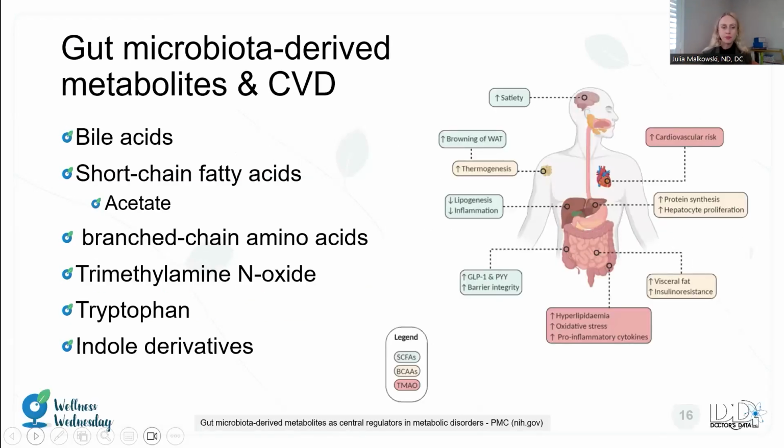Here we have a diagram that sort of summarizes what we have been discussing. In the gut microbiome, if you have microbiome dysbiosis, you are going to end up with potentially lower short-chain fatty acids, which is going to inhibit gut barrier integrity. Another consideration is that very popular GLP-1 agonist medication that individuals are using now that is derived from the gut microbiome. So what we can see here is that the gut microbiome can influence these end product systems such as TMAO, which is associated with cardiovascular disease and stroke.